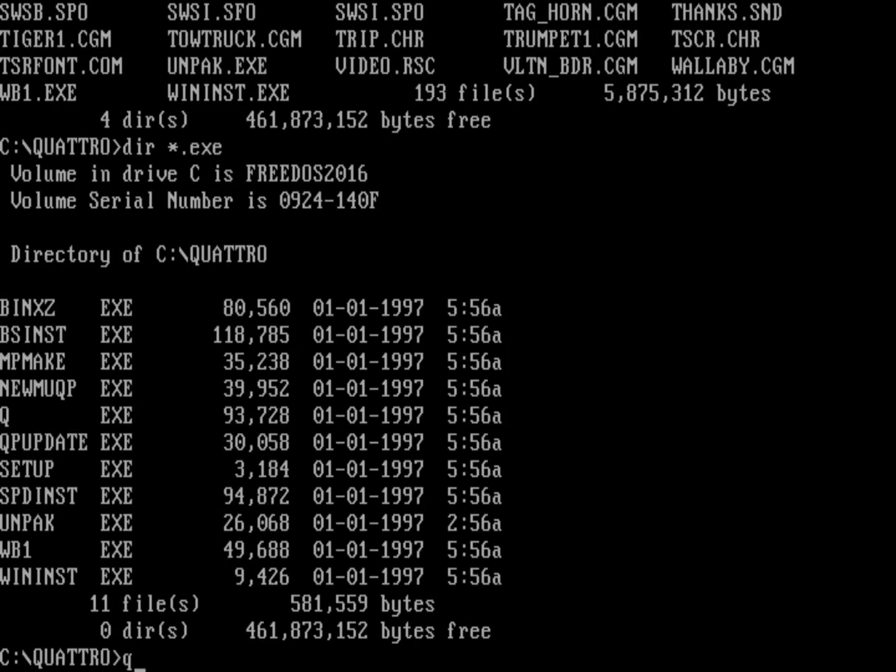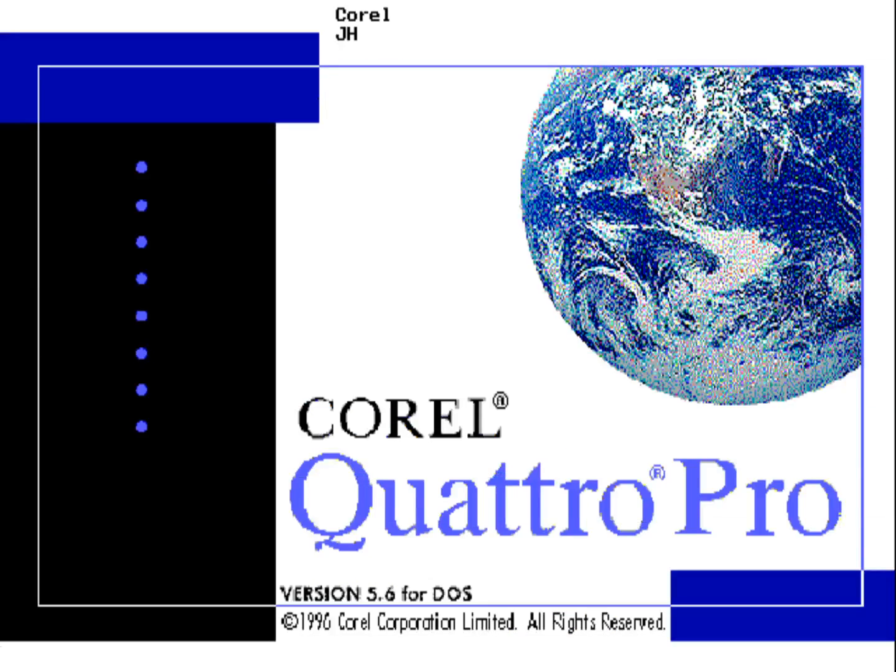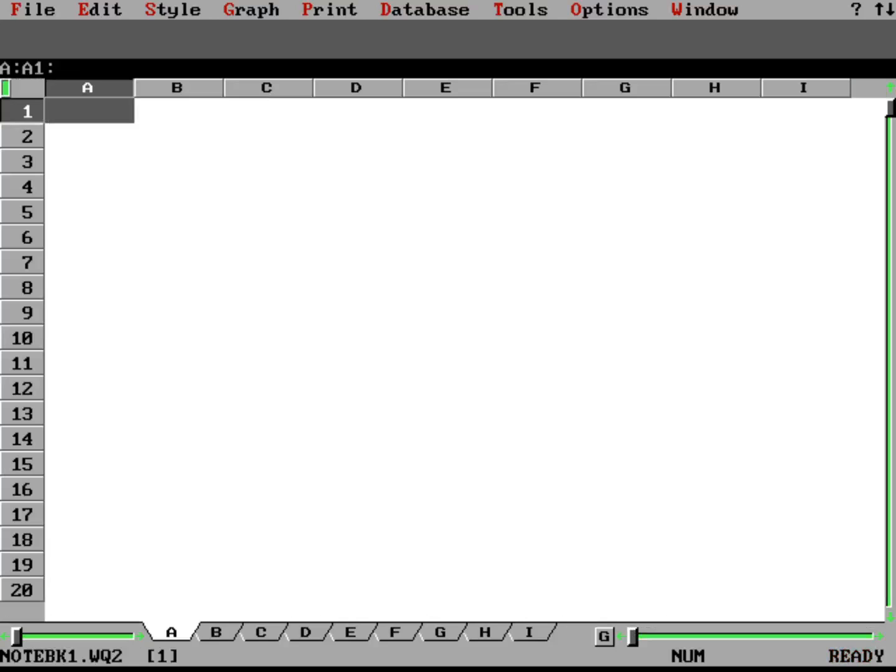That'll run Quattro Pro. Now, a significant thing to notice here, this is 5.6, is that Quattro Pro runs by default in WYSIWYG mode. What you see is what you get. When you install the program, there's an option where you can have it run in text mode, but WYSIWYG mode is really the big deal for this version. Now I've got this set up to run without a mouse, so you can see me run everything through the keyboard. And just to look at the menus here,